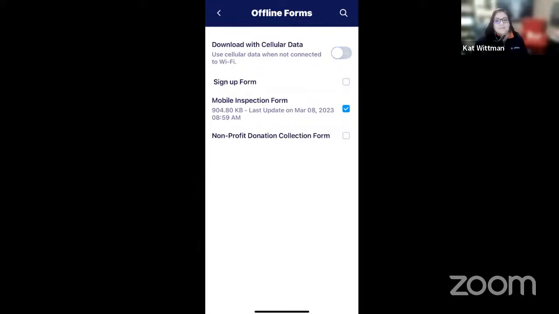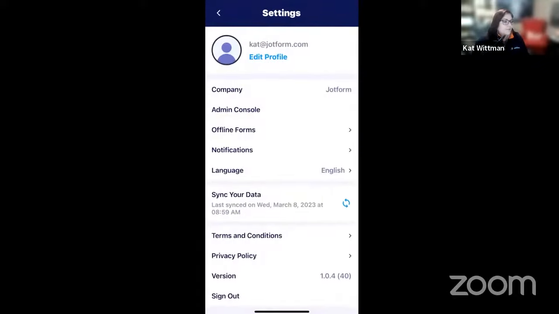So coupled with Kiosk Mode, offline forms make collecting submission data when in the field especially streamlined and really simple here. So you can see I'm also toggling off the download with cellular data there. You can have that option as well if you don't want them to have to rely on Wi-Fi. All right, so then I'm going to go into the settings, and then we are going to click into the